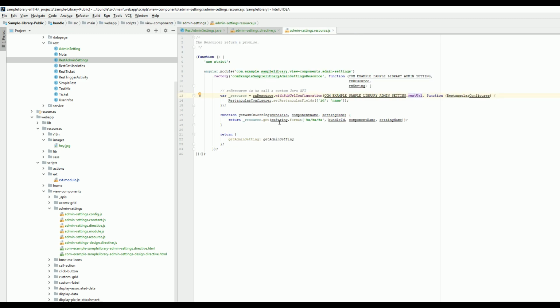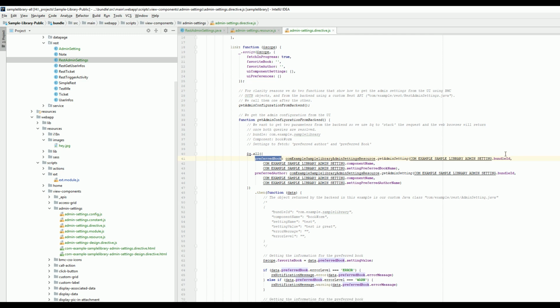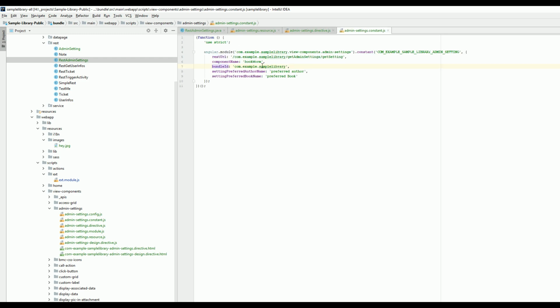So here in my resource, you can see that I have three parameters: bundle ID, component, and setting name. And I'm sending that to the REST API. I'm calling the REST API. So my bundle name is three constants. So I have a bundle ID, com.example.sample.library, and I got my two entries. I got my component name, which is bookworm, and my two